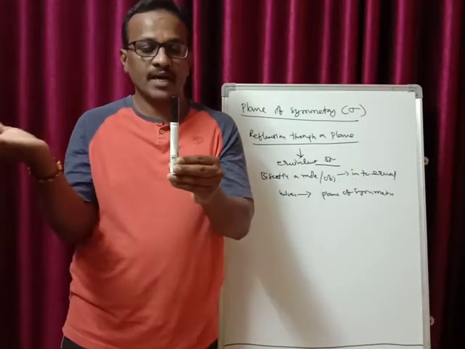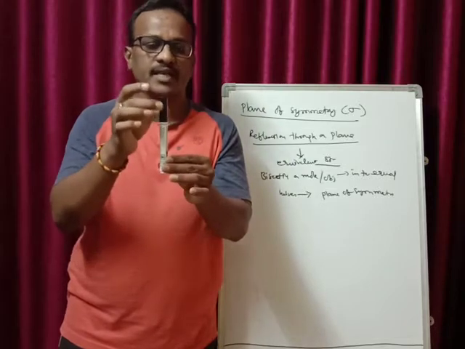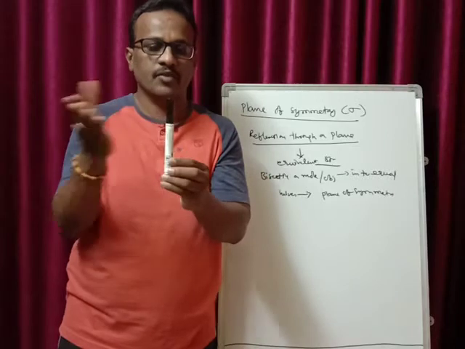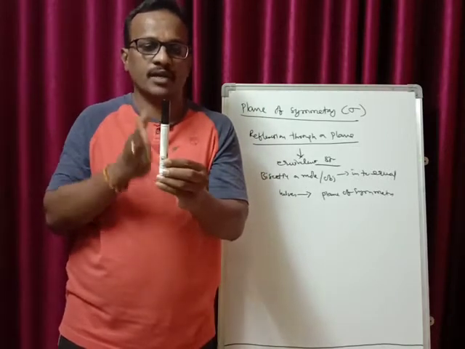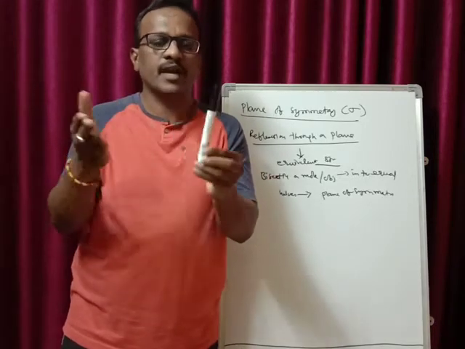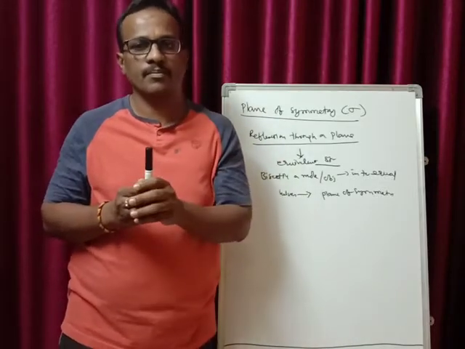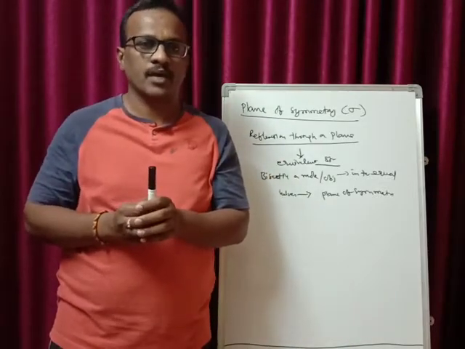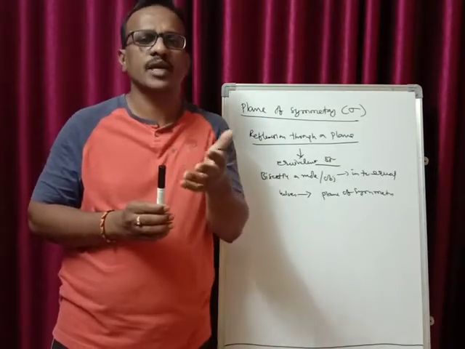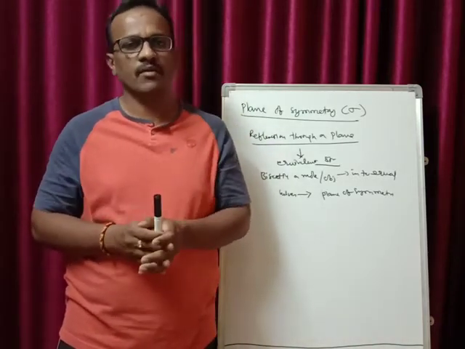When you reflect along this plane, you don't have two equal halves, because the first half has the cap which is black in color and the second half doesn't have the cap, so two different halves will be obtained. Therefore, along this plane you don't have the plane of symmetry, but along this plane if you cut it into two equal halves, then we have the plane of symmetry. So it is very important to know the plane along which you are passing. If you reflect along a particular plane, then only you get the equivalent halves, and then we say that the molecule or object has the plane of symmetry.